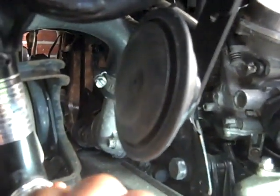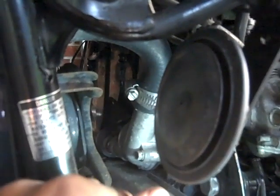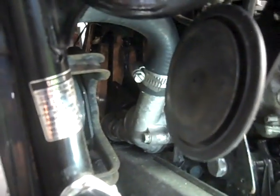But I'm still gonna take it off just to be on the show side, so you can kind of see that you do have to take it off. And then I'm just gonna take that screw and pull that hose up, and then the radiator should just fall right on out. Alright,